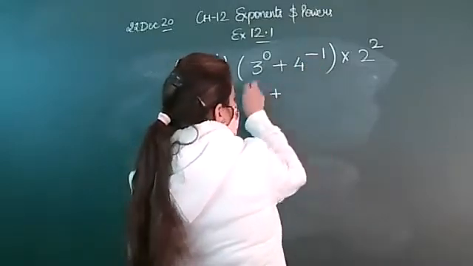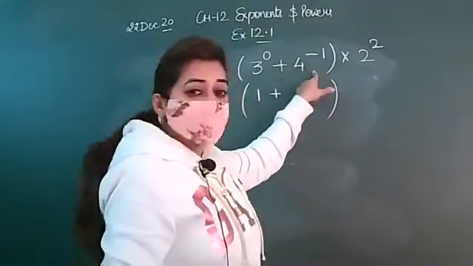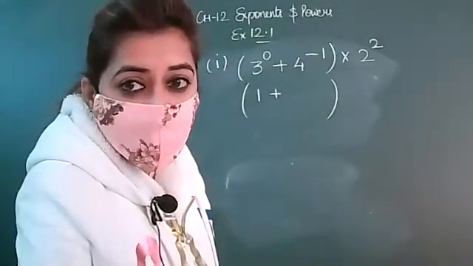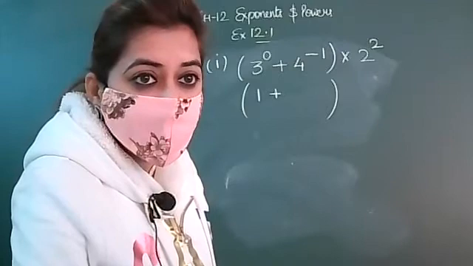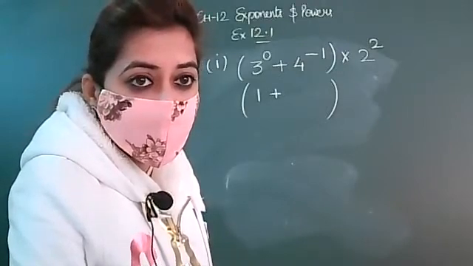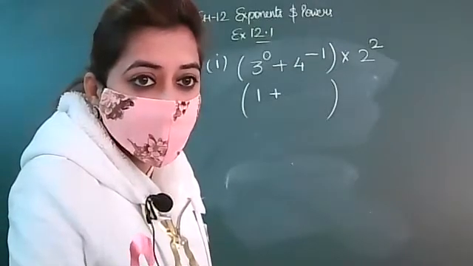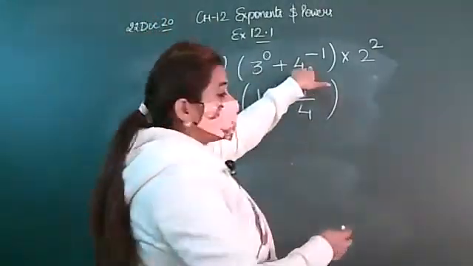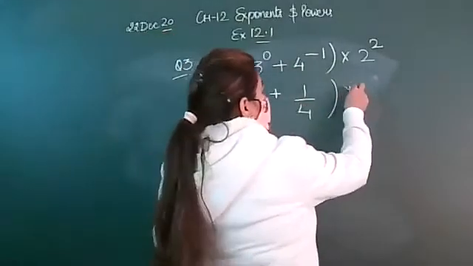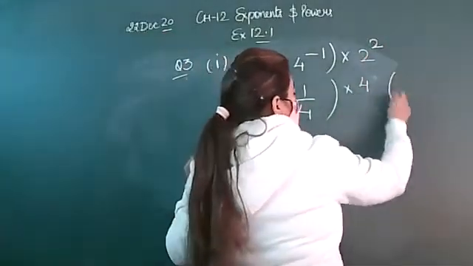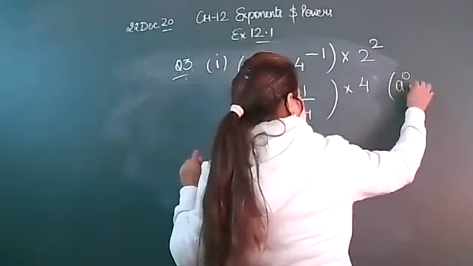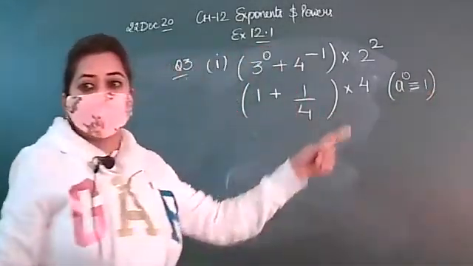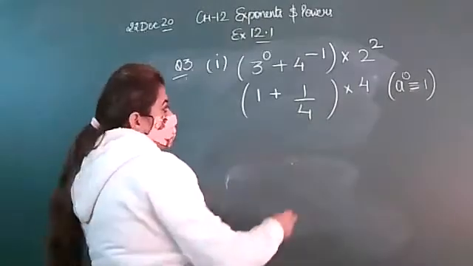And this will be written as, yes, can anybody tell me how we can write it in the simple form? Yes, can anybody tell me? Manyavi? So I have written this as 1. Here we have made the reciprocal, and 2 square is 4. And I have used a raised to power 0 as 1. So that you will write in the bracket. It's compulsory to write the law in the bracket.